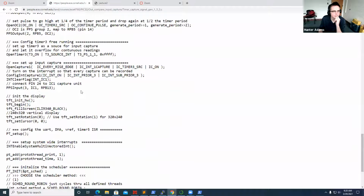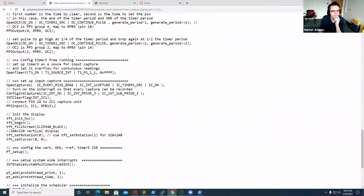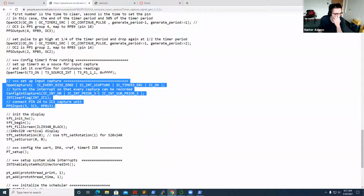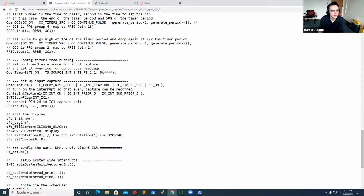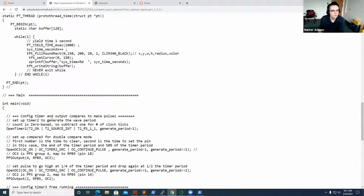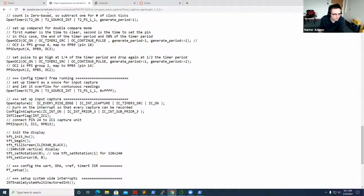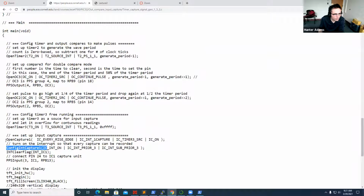First thing I'll point out is that the input capture units are configured down here in main, and there aren't tremendously many configurations. As compared to some of the other hardware peripherals, they're quite simple to set up. And then the other thing that I will just point out, I just mentioned this, but I'll show it to you in code, is the way that this is used. We configure the input capture module here,